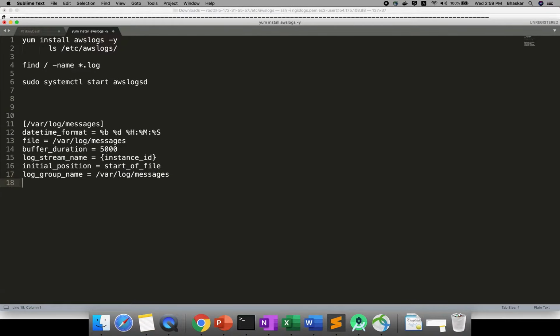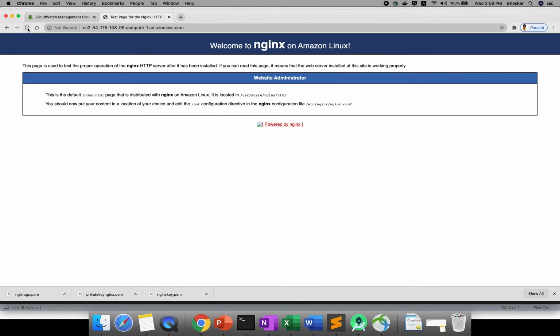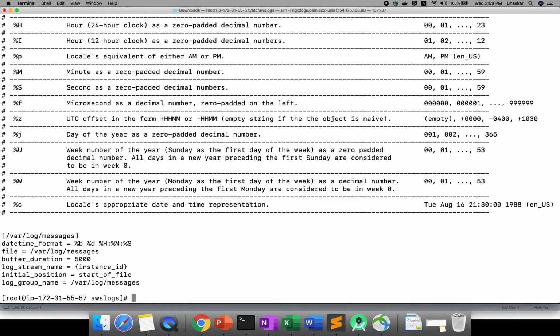Okay. Next, before that, suppose whenever you are hitting this URL, it will generate the logs. In which folder is it generating the logs? So what I will do, there is a simple command we can use: find / -name "*.log".